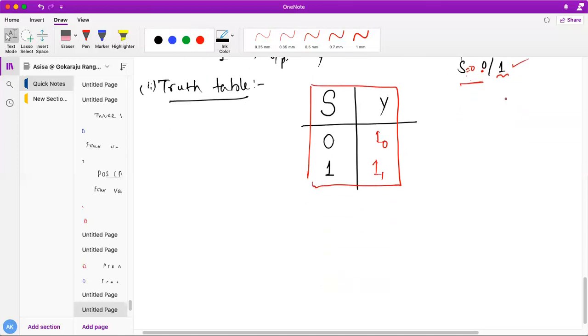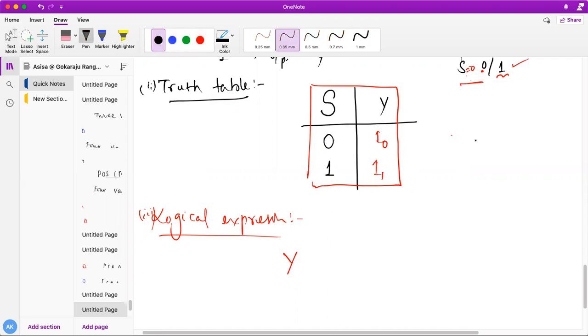Now for any combinational logic circuit, after finding out the truth table, you need to find out the logical expressions. How to find out the logical expression? From the truth table, wherever the 1 is present. Here nothing has been described actually, so I can write down the truth table. I have already told you how to write down the truth table if variables are given. This is how we discussed it for 0 0, 0 1, 1 0, 1 1.